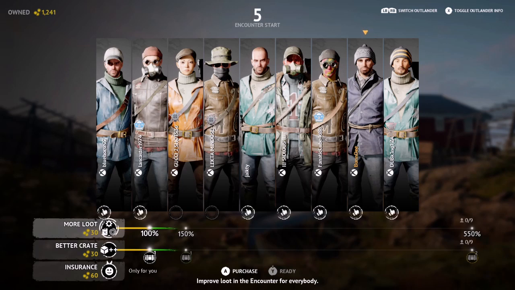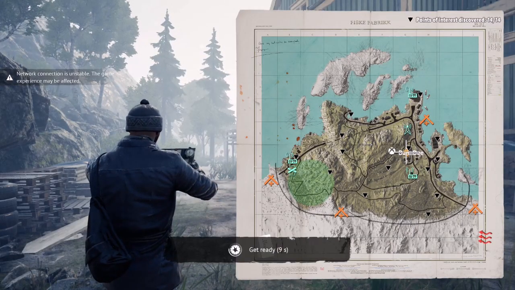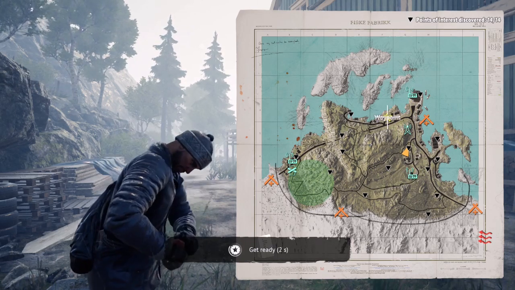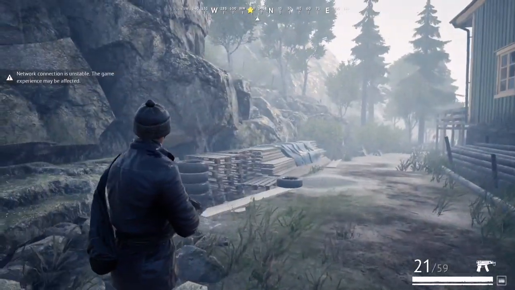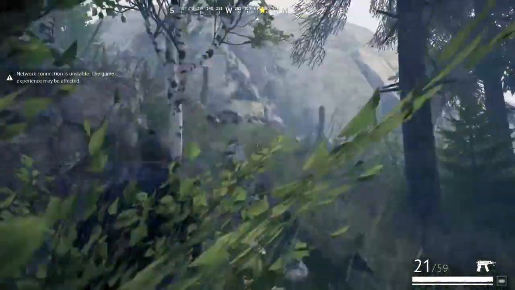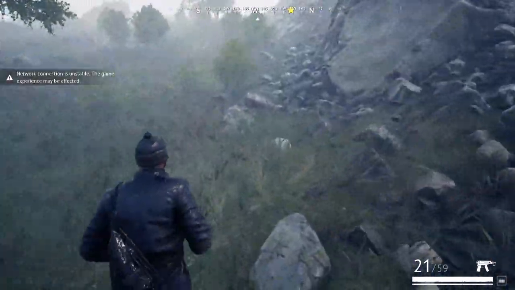Here we go. Okay, see on the map we have certain hotspots. We have 3 comm stations, we have a signal detector, and we have a building with a safe. Now we're going to go to a hotspot that's not marked on the map, but if you play this map enough, you'll know that that particular building is the best place for loot,